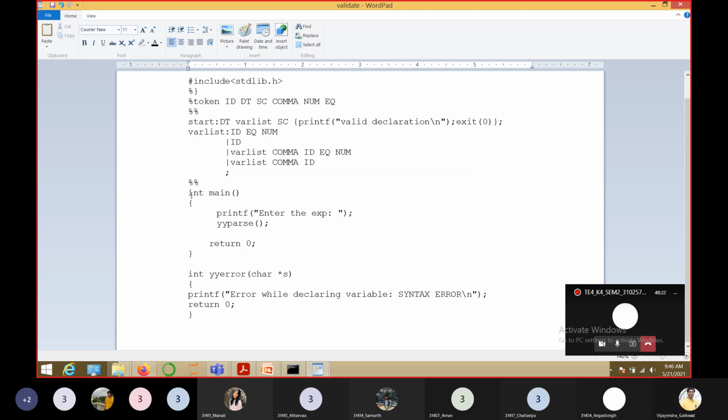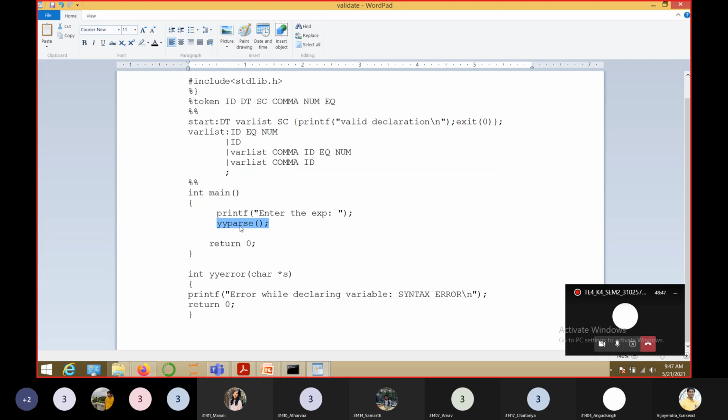Prior to that, understand we have the main function over here. What is the main function going to do? We are going to accept an expression from the user, that is, a Java declaration statement. As soon as we accept it, the yyparse function is called.